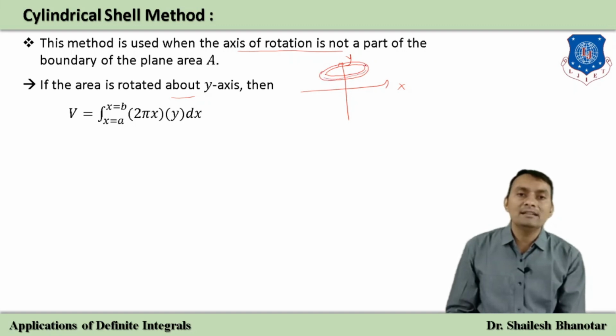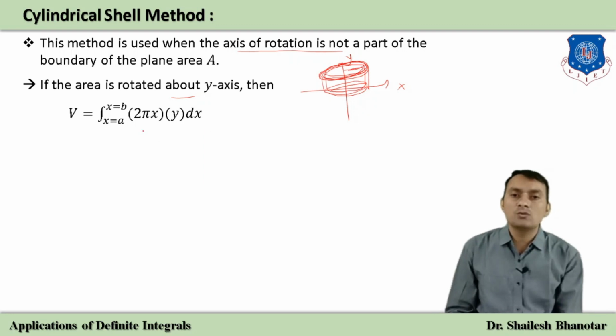So I'm just assuming this one, so if I assume that this is a cylinder, that's why it is known as exactly the cylindrical shell. So this is exactly our circumference, and that you can find. Which is the radius? It has the radius which is parallel to the x-axis, so I can write that it is 2 pi x. But the height is exactly what depends on y, therefore I will write that it is y.